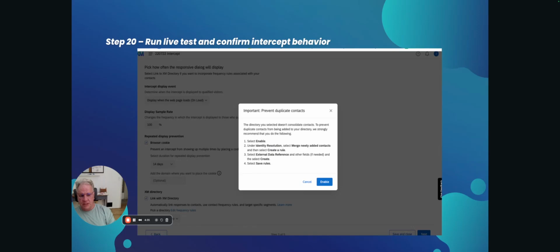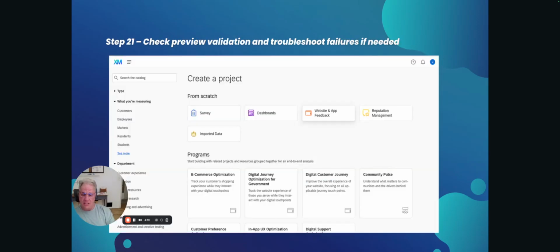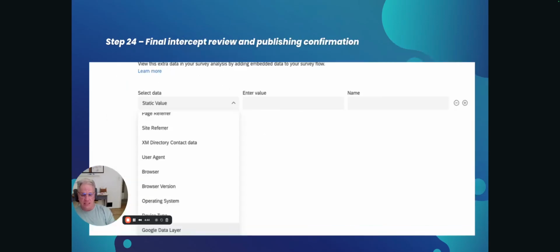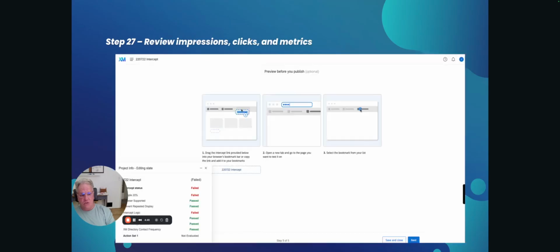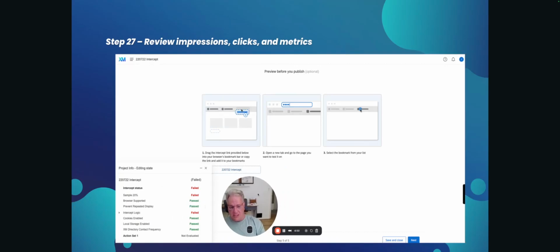right? Prevent duplicate contacts. And this is back to the main dashboard where you create a project. And then here again, blah, blah, blah. You go through the logic. And down here, this takes a little bit of time right here. Right? You can see